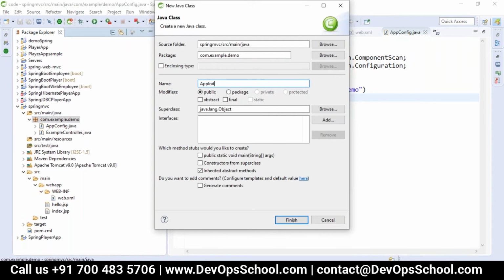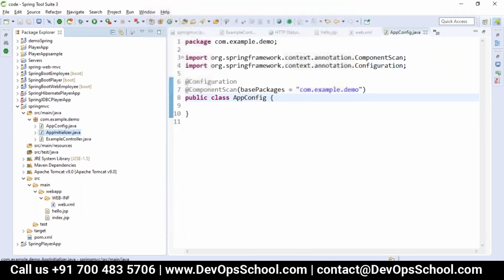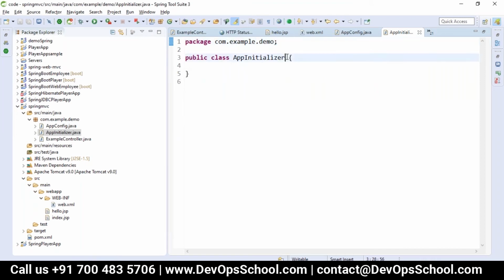I'm making this class as app initializer. It's our own wish, whatever class name you want to give. And then I will just click finish. I have to make this class a type of initializer with the application context.